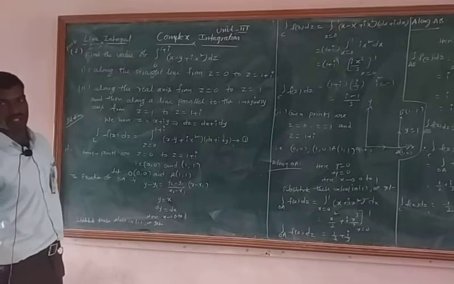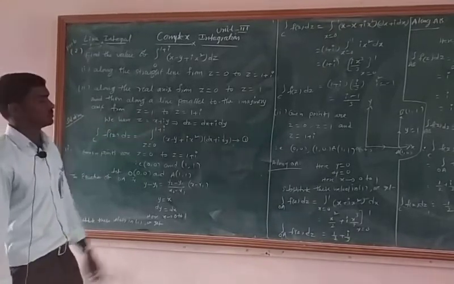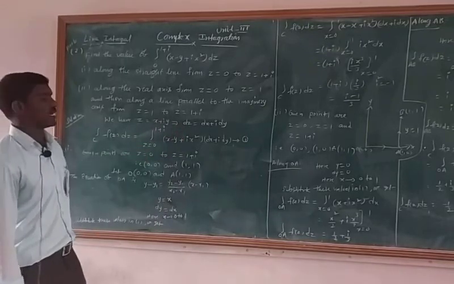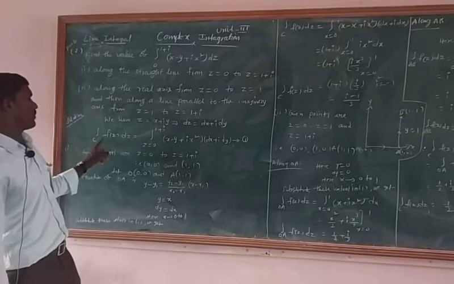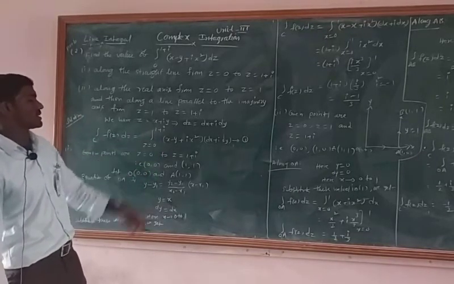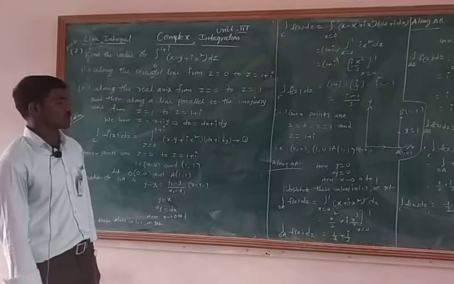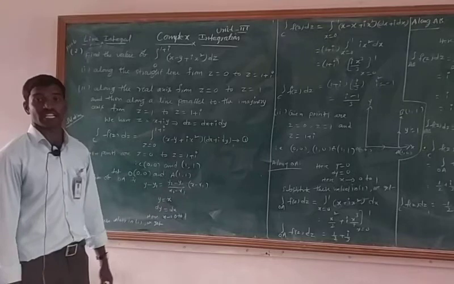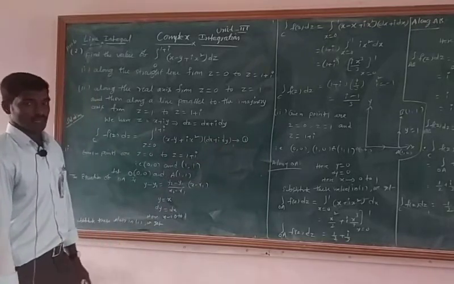Okay. The solution of the problem: we have z equals x plus iy, that equals dz equals dx plus i dy. Therefore, integral over C of f(z) dz equals integral z varies from 0 to 1 plus i of (x minus y plus i x square) dz, where dz is nothing but dx plus i dy. Called as equation 1. Then go to the first case.